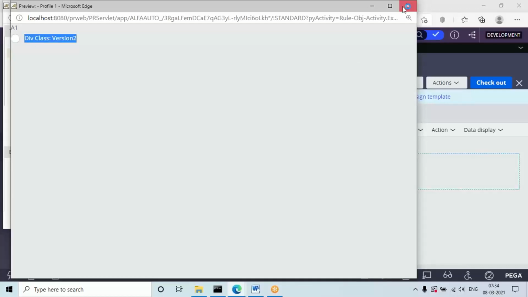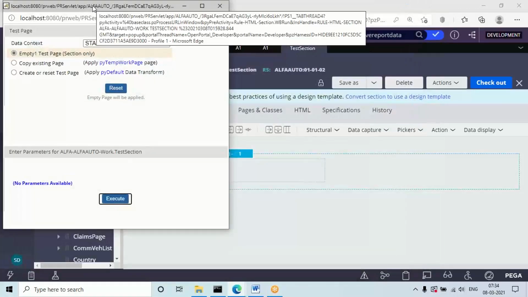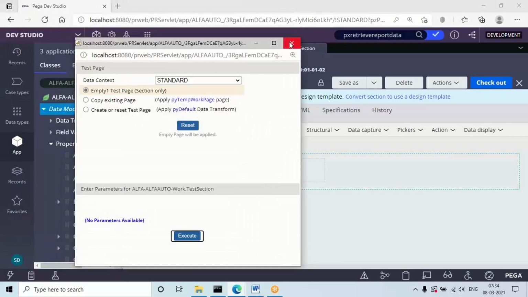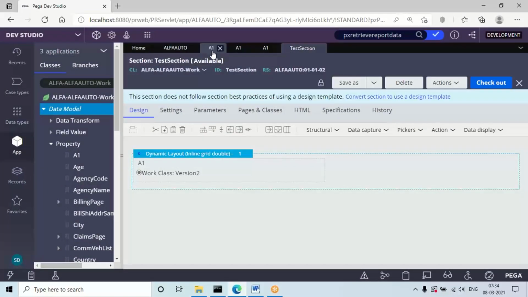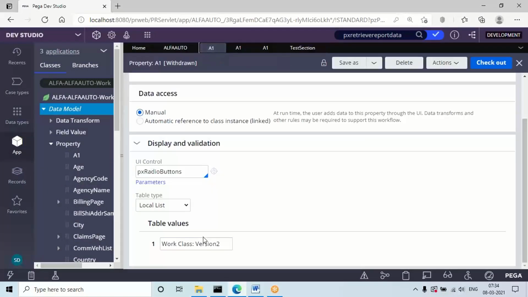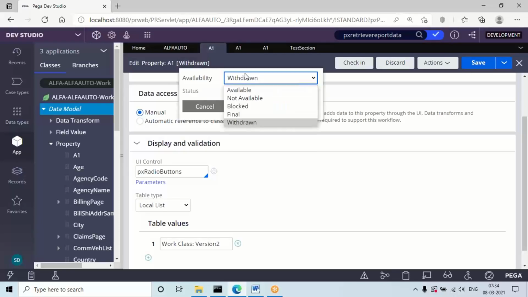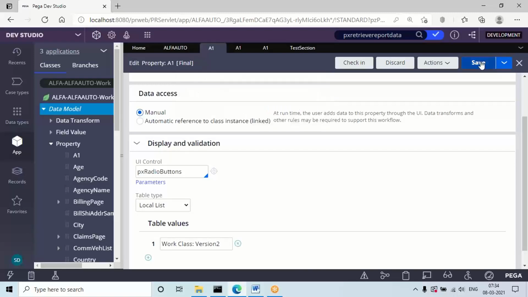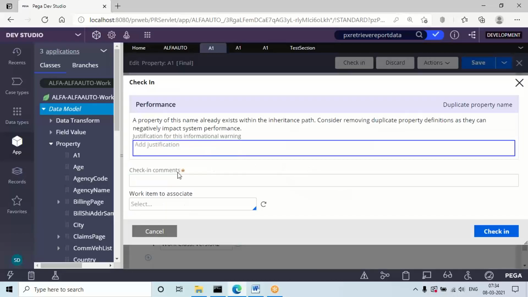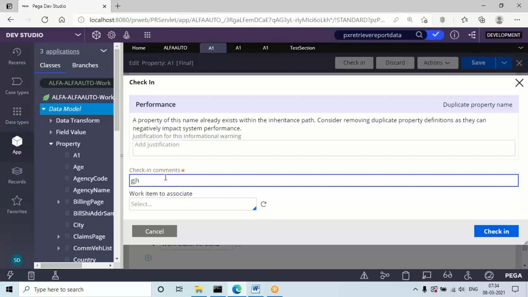So like that, if you understand the availability types and how to implement them, it will be easy for you to use in real time. Now set final. Actually, final we always have to set for the latest version rule. You cannot set final for any lower version rule. I'm setting final for this. So if you set final, this final version rule will be executed, and this is the final rule, and no modifications will be required for this particular rule.